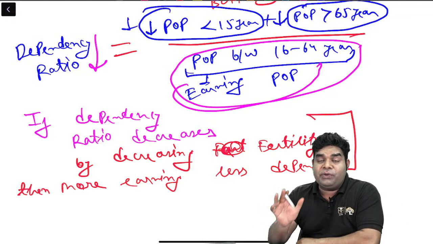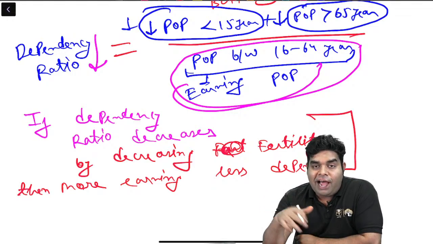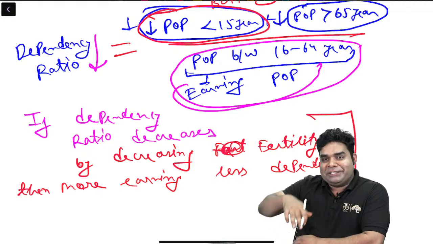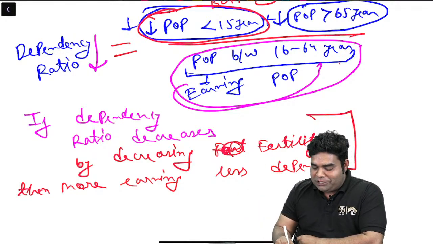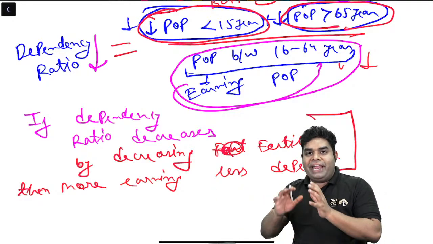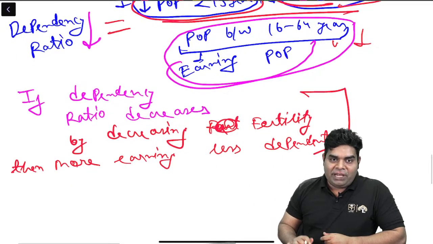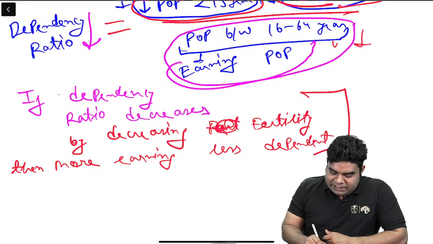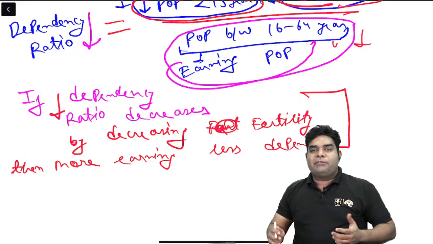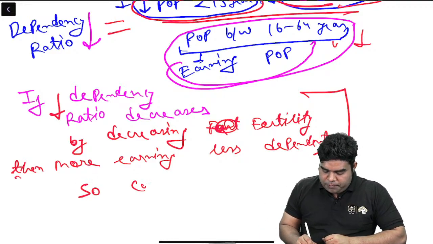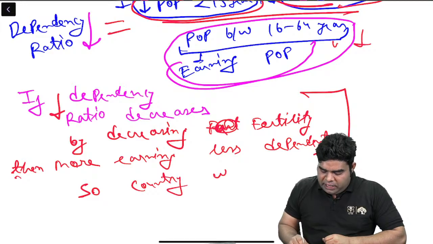But that stage will remain only for 40-50 years. After 40-50 years, because we are not producing children, gradually this population will also become less and old age will become more. But for next 40-50 years, when we are decreasing fertility, the dependency ratio will be less, and therefore there will be more people who are earning and less dependent. So country will remain